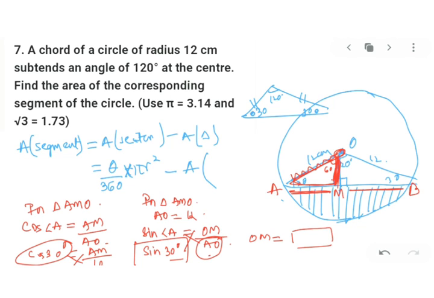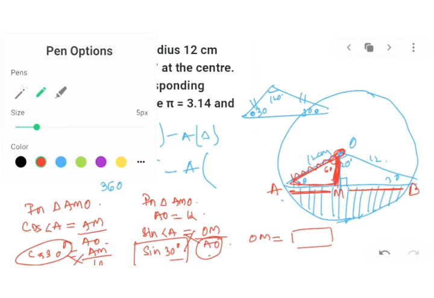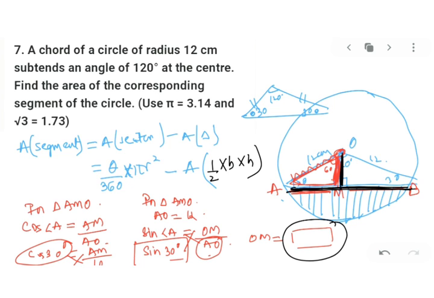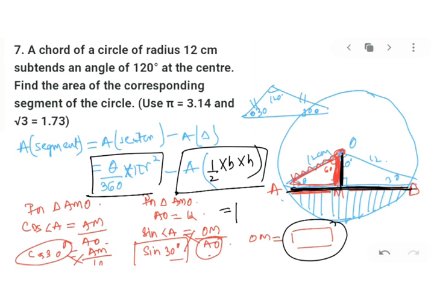That we have done in our grade 9th. So we have AM, you got it. When you double it, you will get AB. Now my dear kids, you have both the things in your hand. You have OM here and you have AB. Once you have both, your base is available and your height is there. Area of triangle you can write as half base into height. Got my point clear? So once you find the sector area and the triangle area, you will get the area of the minor segment. Is it easy?